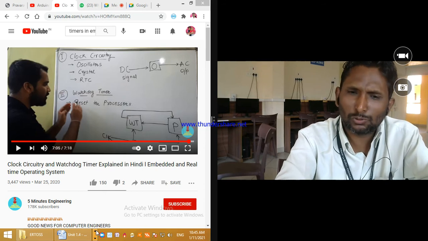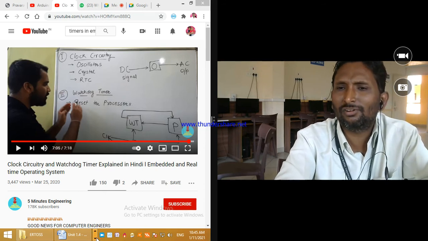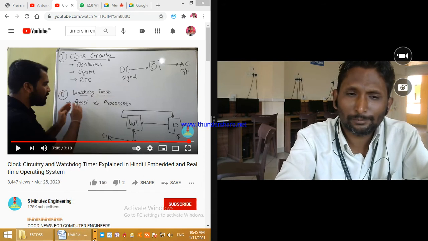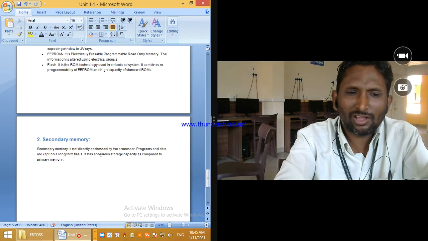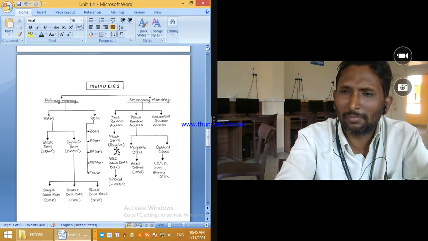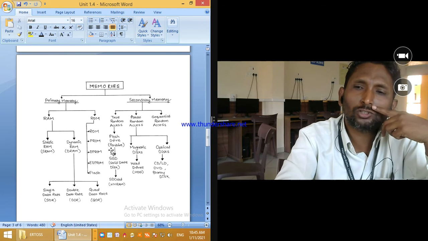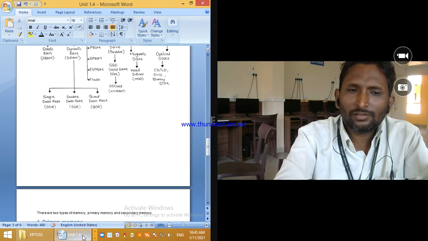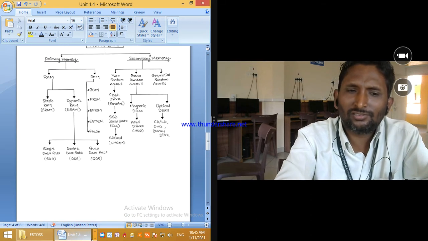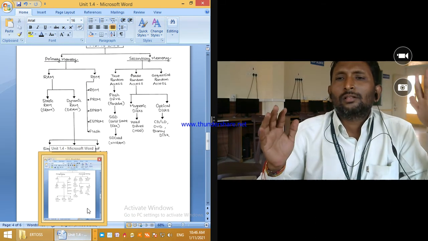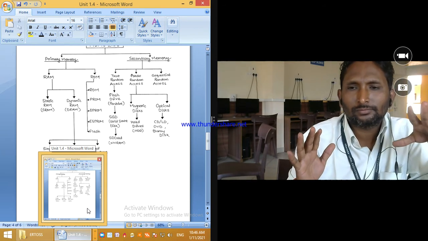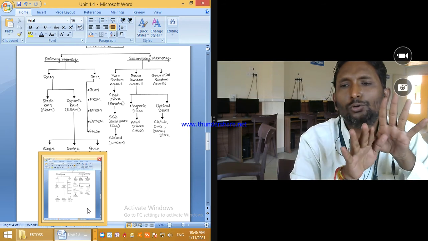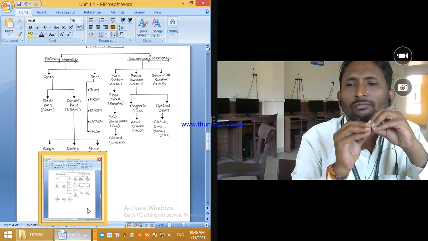But do study at home also about these different hardware systems of embedded systems. What we have seen up till now is the reset circuit, memory, power supply, watchdog timer, timer and counter. These are the things that we have seen in this lecture. Have you got the points? Have you understood whatever I have shared with you? I am just going to repeat it once again within a very short period.